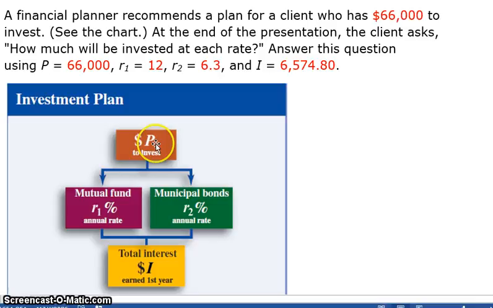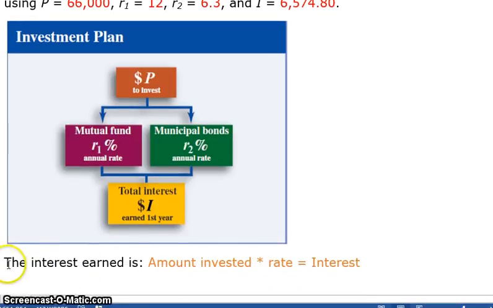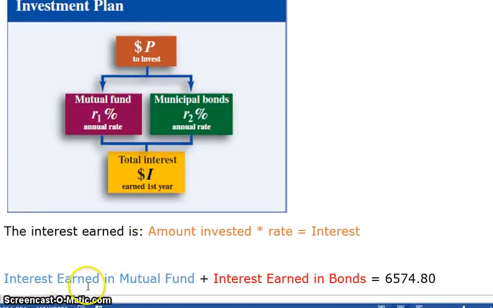They take their $66,000, they split it into two different funds, and then out of those funds they get some interest for the year. The key to know is the interest earned is just going to be the amount invested multiplied by the interest rate, and that'll tell you how much interest you earned. And so for their total interest, they're going to take how much money they earn from the mutual fund plus how much they earn from the bonds, and that equals their total interest. So add the two different accounts together and you'll get their total interest earned, which the problem says is this